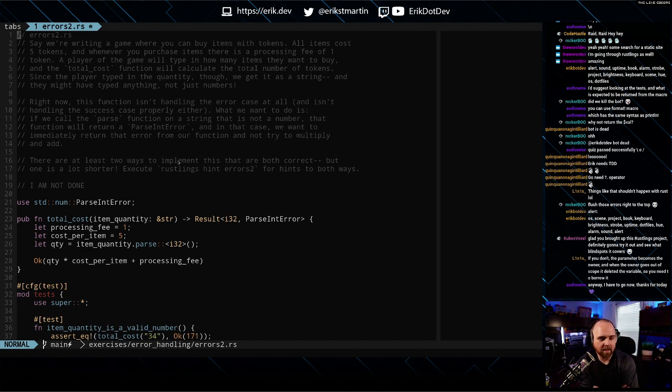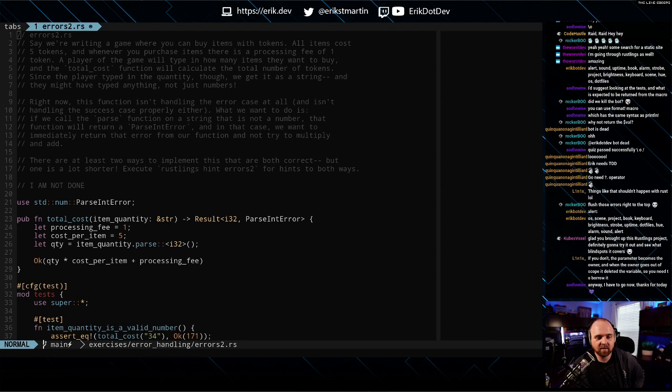Say we're writing a game where you can buy items with tokens. All items cost 5 tokens. And whenever you purchase items, there is a processing fee of 1 token. A player of the game will type in how many items they want to buy, and the total cost function will calculate the total number of tokens.